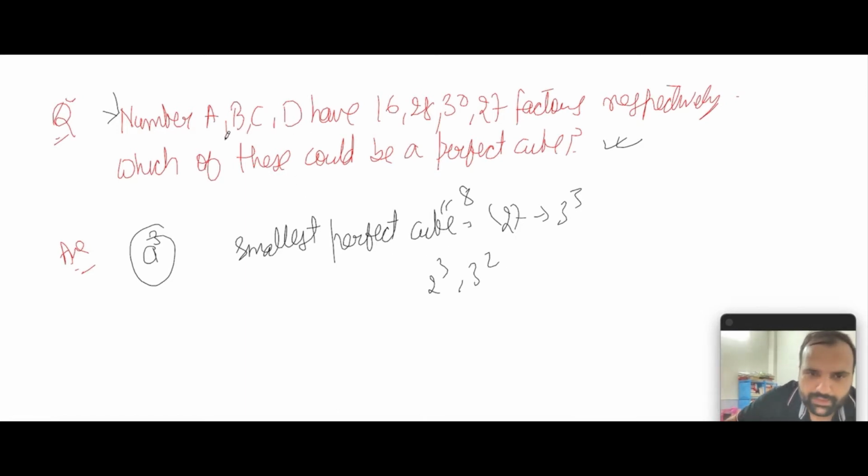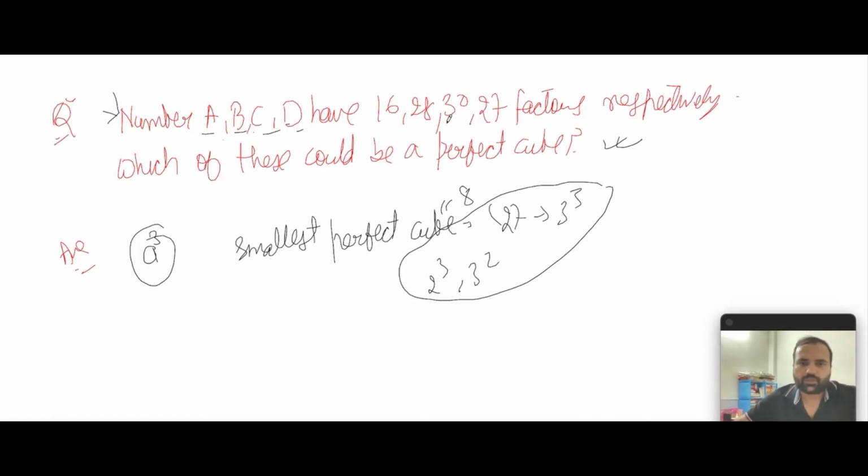Now it says that A, B, C, D have 16. Now this is very important. This part will be used over here. Okay, so A, B, C and D have 16, 28, 30 and 27 factors. So let's